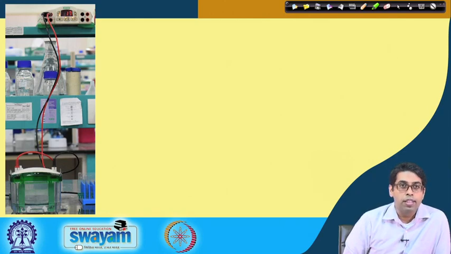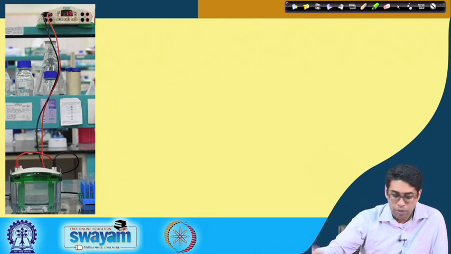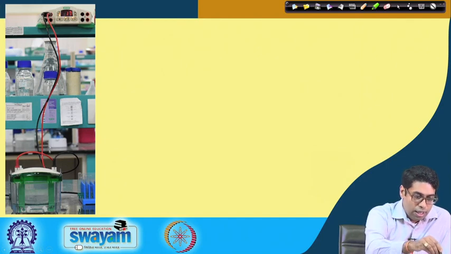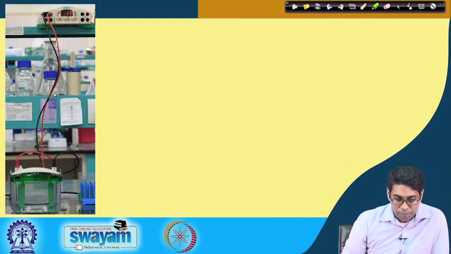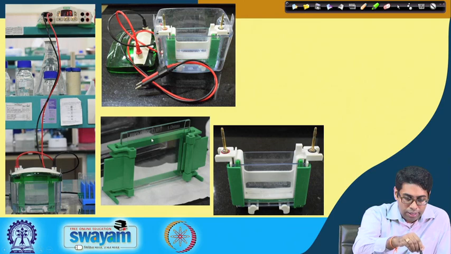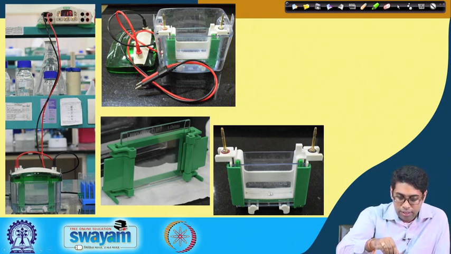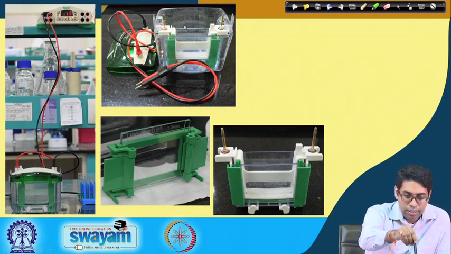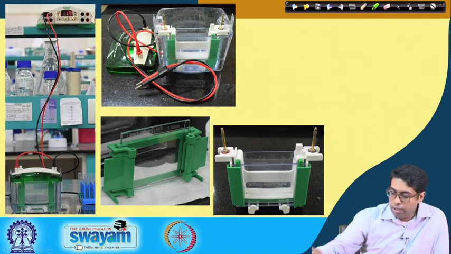So, here what we see is a setup of an SDS-PAGE gel electrophoresis. This gel is run vertically. So, this is where the gel is run and electric current is provided by this power source. These are the different components. This is the glass plate, and the gel is formed inside this. This glass plate is packed inside this, and this whole thing goes inside the tank, and the buffer is filled into this tank, and then you set it up and pass electric current through it.